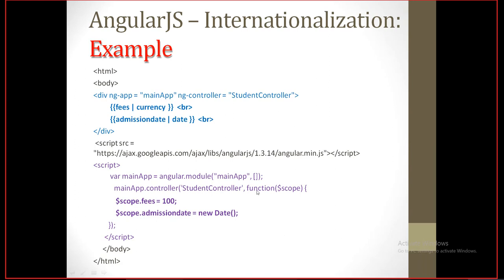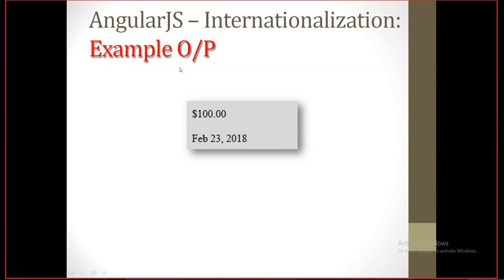Okay, so here in the function part of the controller, you can see fees is being initialized with 100 and admission date is initialized with the current date, using the Date class object. So when we run it, suppose that page was loaded in America, for example. So dollar is prefixed for the fees value, and the date is displayed in the particular format which is followed in